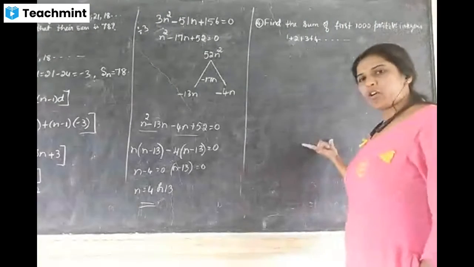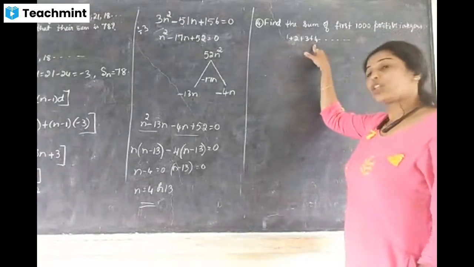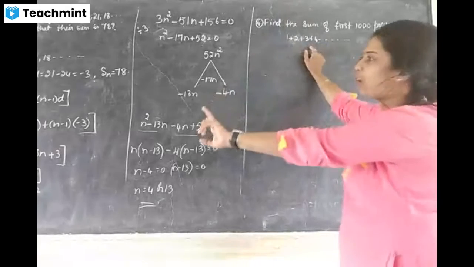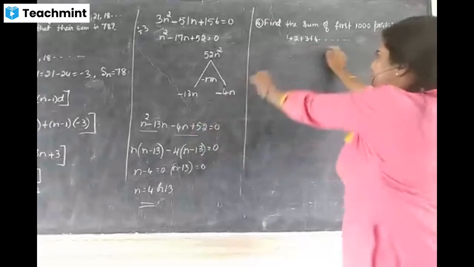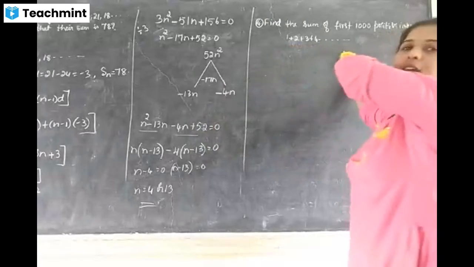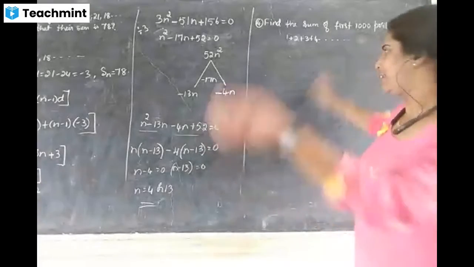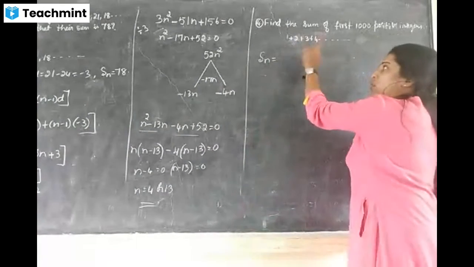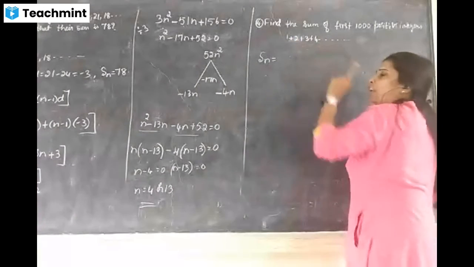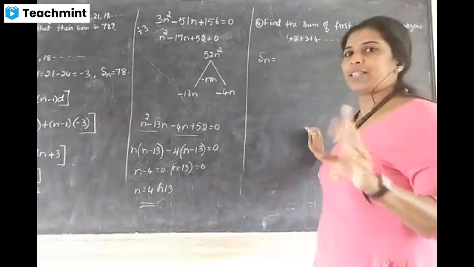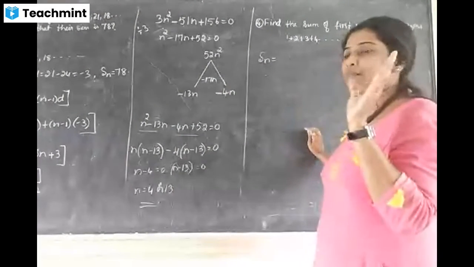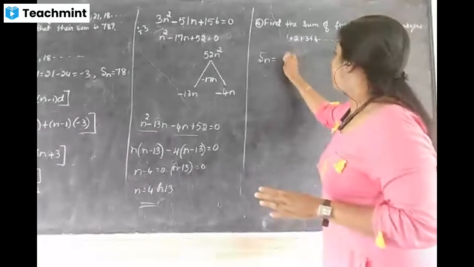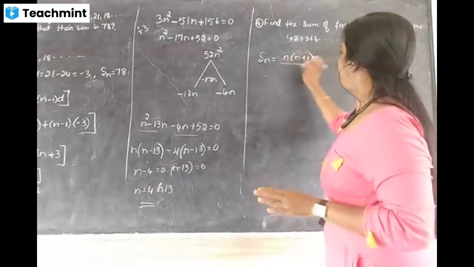Either you apply your Sn formula or you can apply the natural number formula also here. You can apply your Sn formula also. Sn is equal to n by 2 into 2a plus n minus 1 d, take n as 1000 and apply. Otherwise, we can directly apply the natural number formula here because 1, 2, 3, 4 is a natural number, right? Only when the numbers come like this, 1, 2, 3, 4, then only you can apply the natural number formula. For other terms, we cannot. 1, 2, 3, 4 compulsory it should come. So n into n plus 1 divided by 2.